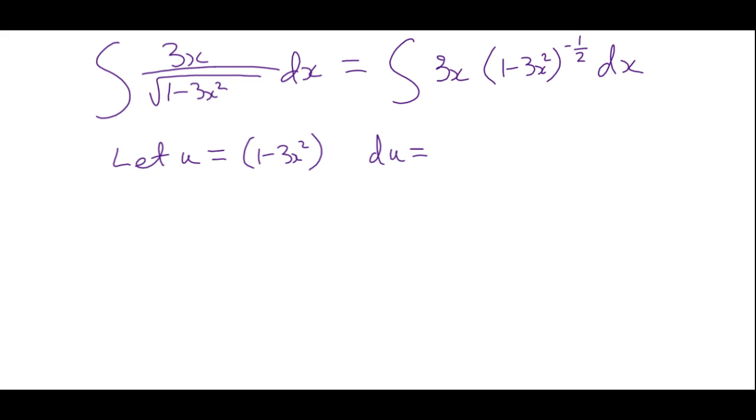Negative 6x dx. So here's the problem. We have 3x dx, or we move the 3 out in front, and then we have x dx. But we need to have negative 6x dx. So what do I have to do to get a negative 6x dx? Times both by negative 2, right? So I can go negative 2 du is,